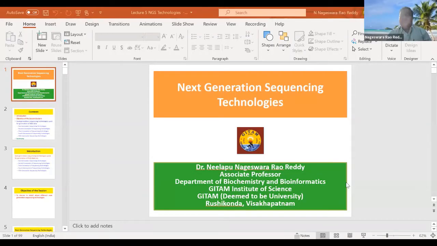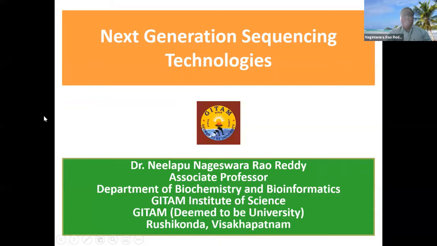Okay, so now we have different technologies, and these different technologies are now known as sequence generation technologies. Okay, and in broad they're known as next generation sequencing technologies, or in short NGS technologies. NGS technologies mean next generation sequencing technologies which are available for sequencing DNA. So before getting into high throughput genome sequencing, we should understand what are the next generation sequencing technologies which are available for us.